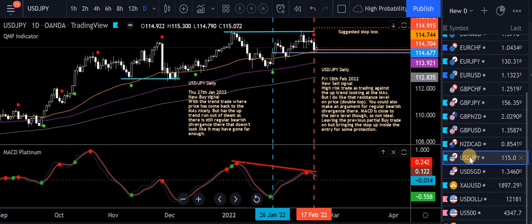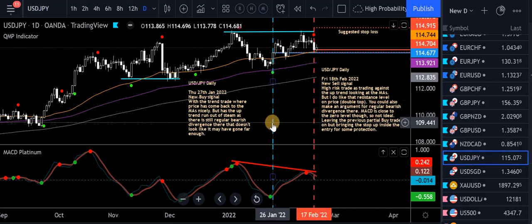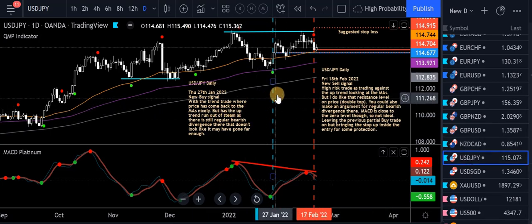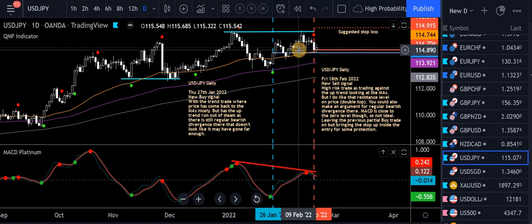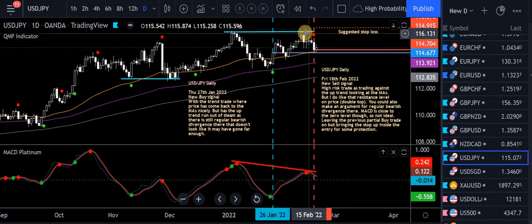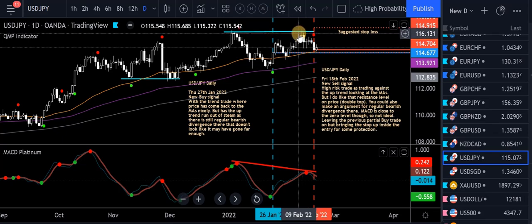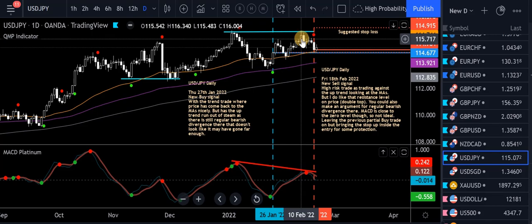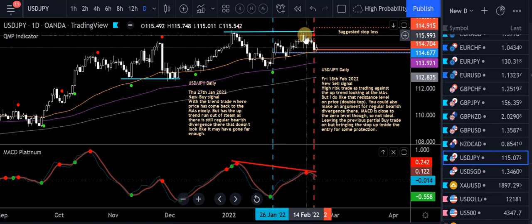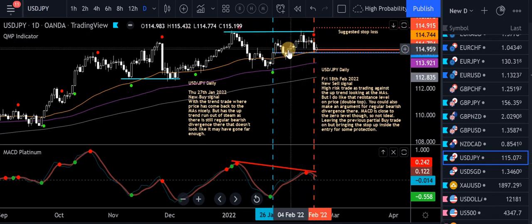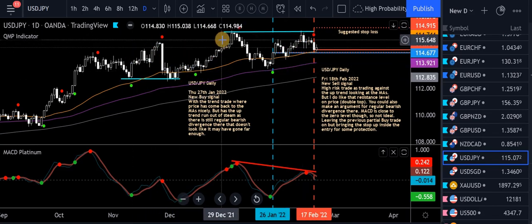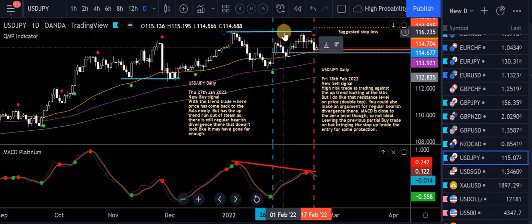USD Japanese yen. We're in like no man's land here. We're in a buy here, 27th of Jan. It's gone nowhere fast. You closed in half somewhere up here, this previous high. You got this candle here. It poked up to the high, and on the open, you'd be looking at closing half. That's what I'd be doing because it's not a big mover lately, and you're at a previous high, so it's